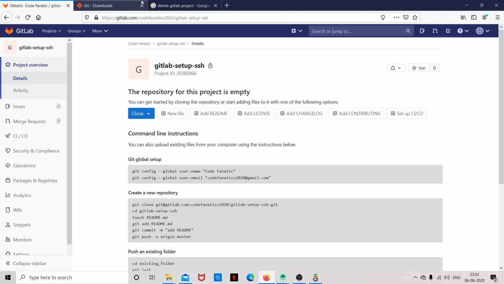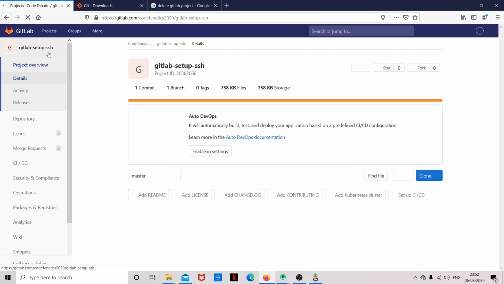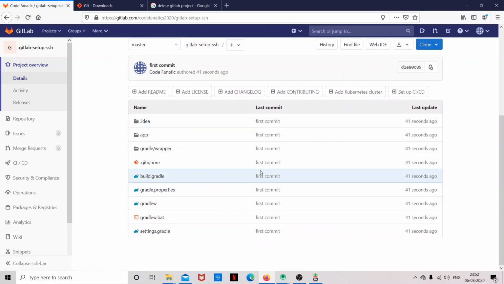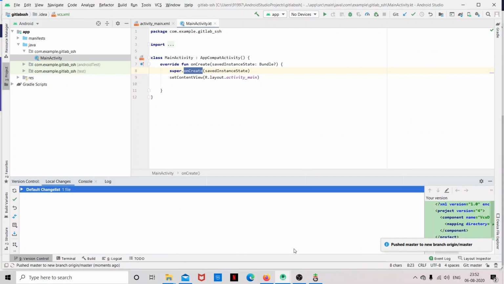So if I go to my GitLab account, you can see all my files have now arrived at my GitLab account. So this is how you upload an Android Studio project to GitLab.